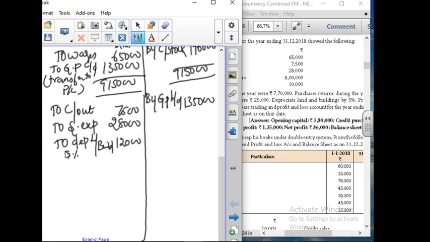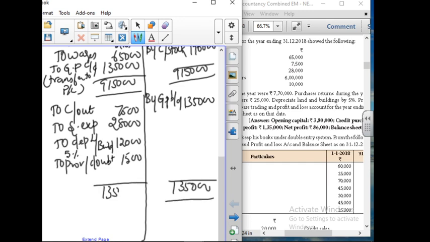Next, we will move on for the provision for doubtful debts. Here the provision they have given in the form of an amount. So provision for doubtful debts, here they have given in the amount, so 1,500. If they have given the percentage, we'll calculate from the sundry debtors account. So this is the information. So we are going to calculate this 1,35,000 in the credit side. With this, we are tallying in the debit side 1,35,000. So your remaining balance is going to be 86,000. It is nothing but the